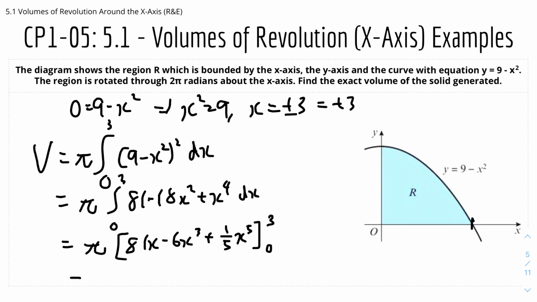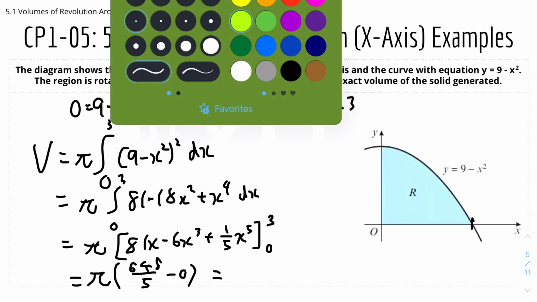So we can now basically just simplify the whole thing, which I'll type into my calculator. By substituting the upper bound first, it's 81 times 3 minus 6 times 3 cubed plus 1 over 5 times 3 to the power 5, and that gets us 648 over 5. And the lower bound is just 0, because all terms have an x, and 0 times any number is 0. So therefore the whole volume will just be 648